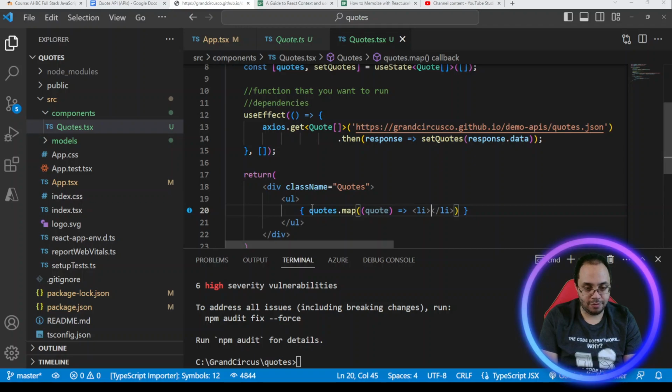Let's see, should it be on one line? I guess it'll be on one line. What does it say, what kind of